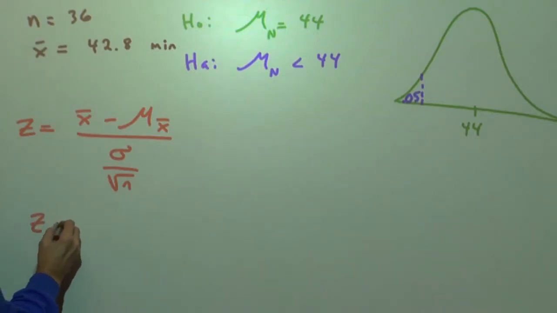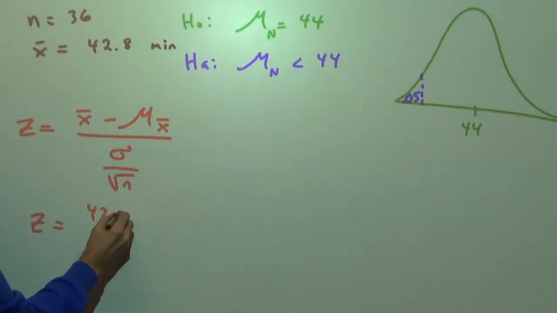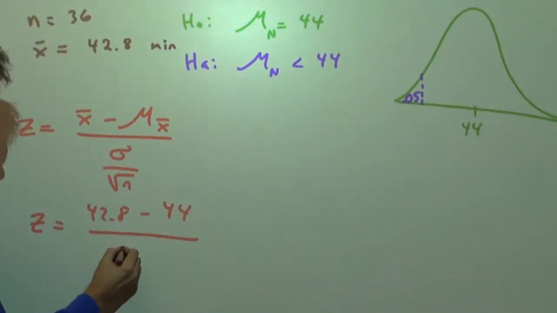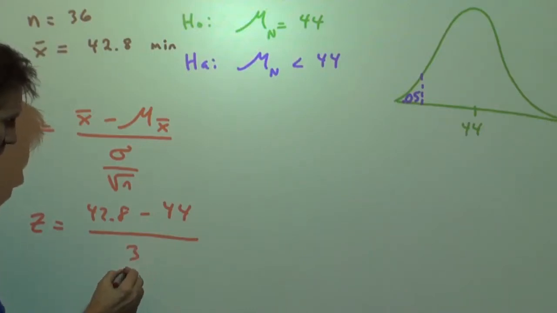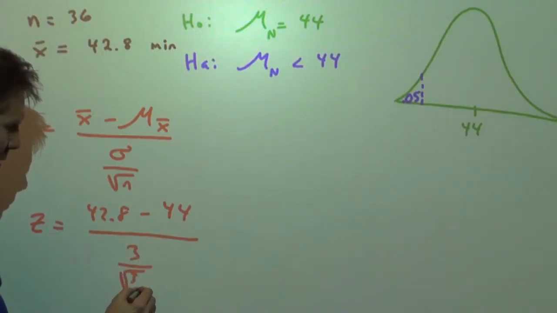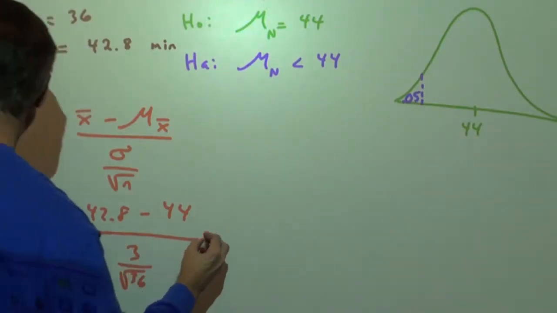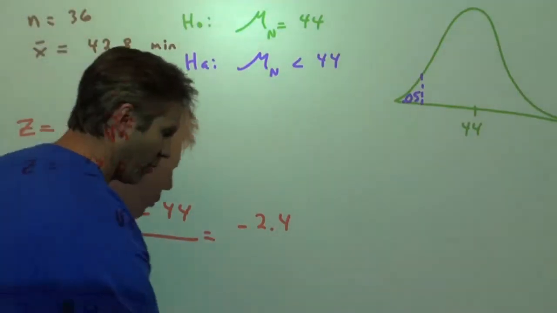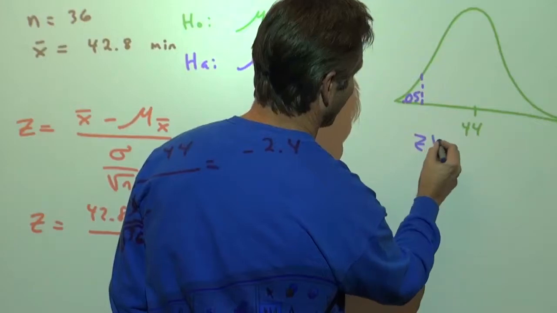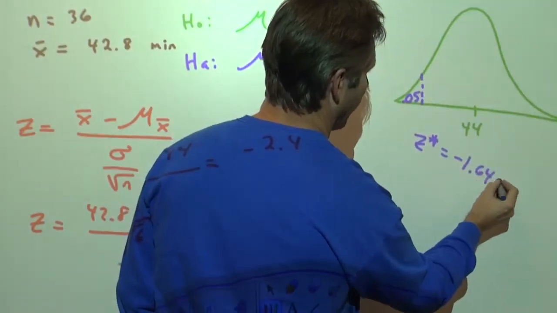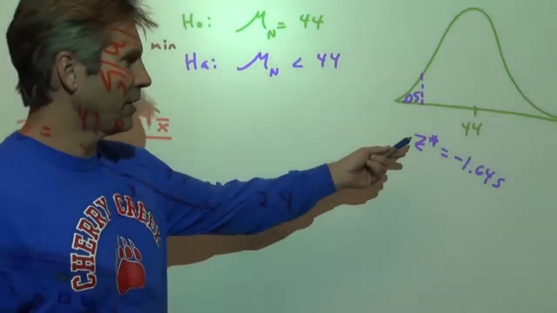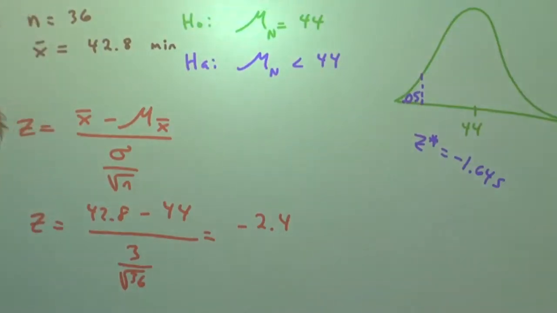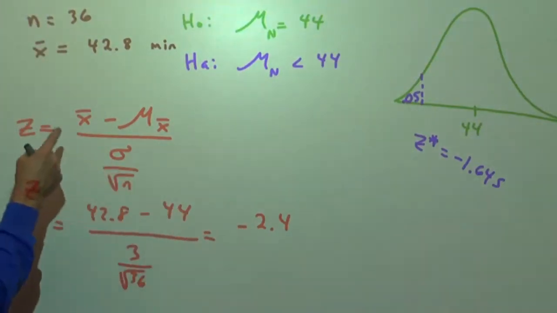So what we've got here is, our sample mean was 42.8, somewhere down here to the left, minus the mean, divided by the standard deviation, which the original standard deviation, one score at a time, was 3, but we're going to divide that by radical 36. Now what we end up getting is a z-score of negative 2.4. So if you recall, the critical region has a critical z-score of negative 1.645. When we see these z stars, it's the critical z-score that, as long as you exceed it, is enough evidence to suggest we should reject the null. We did exceed that. We have an unusual result.